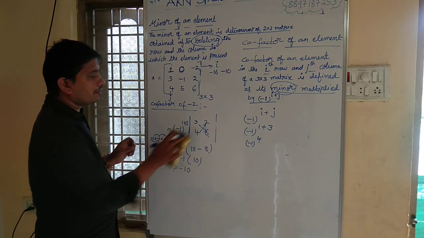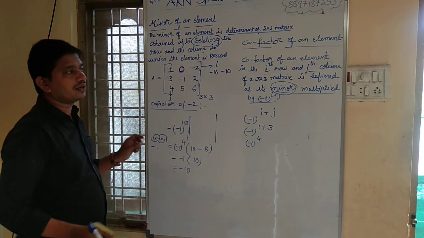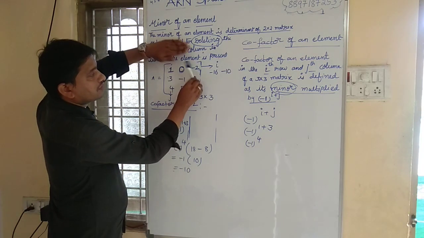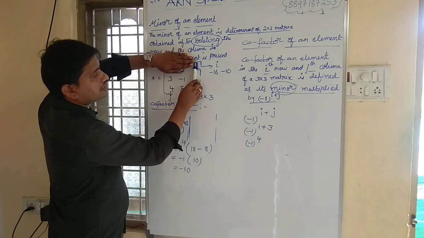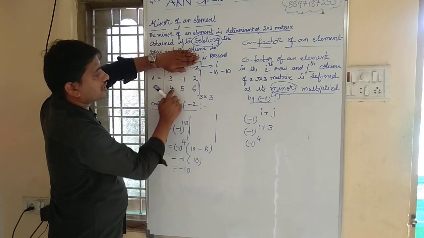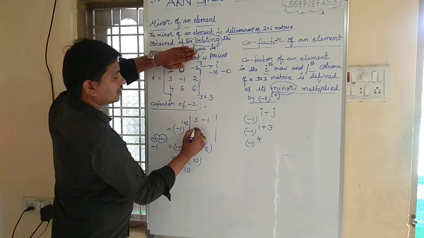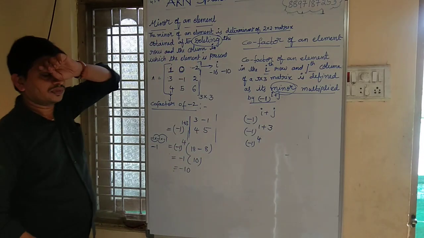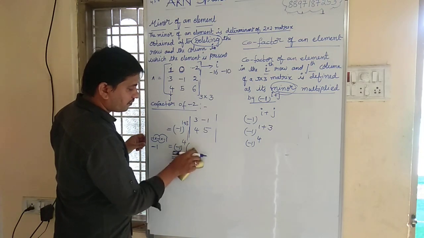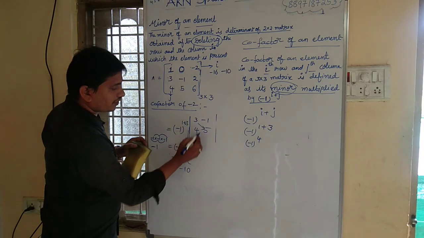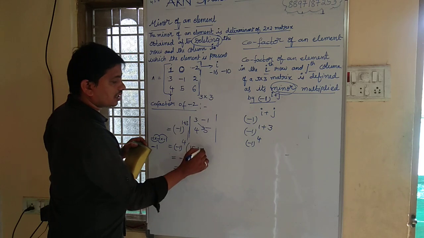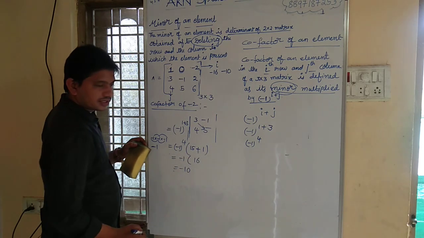First we have to find the minor of minus 2. Minus 2 is there in the first row, third column, right? We need to remove that particular row and particular column. Elements are 3, minus 1, 4, 5, children. Right? Now let us find the determinant of 3, 5. 3 into 5 is 15. Minus into minus is plus, children. 4 into 1 is 4. 15 plus 1, 16.